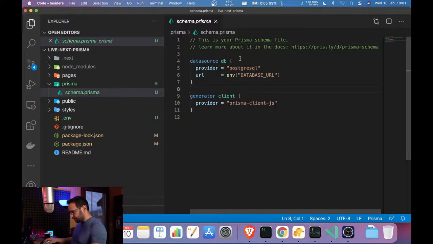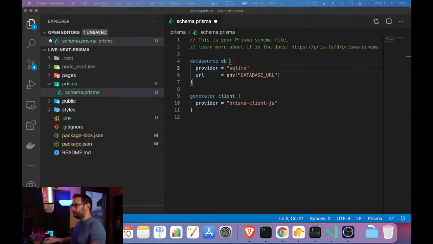Also in the schema the provider will be sqlite. Am I right? Okay, sqlite, yeah, I'll save this.